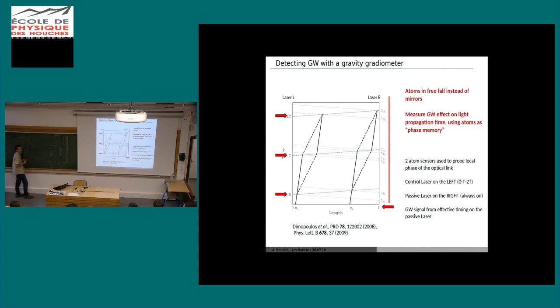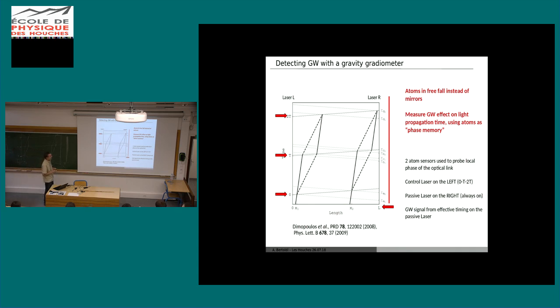That's not the case for the photon coming from the right side, because the photon that closes the two-photon transition here for the atom on the left has been emitted at this time, while for the atom on the right it has been emitted at a later time. Okay, so you see that there is a problem. We'll see it later, because here you imprint a lot of phase noise. Even if the laser is hyper stable, you imprint noise because you want to see gravitational waves, so they are really small. Okay,